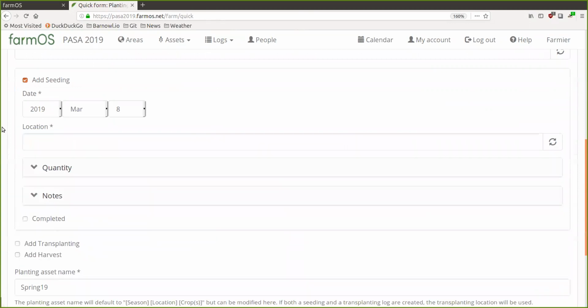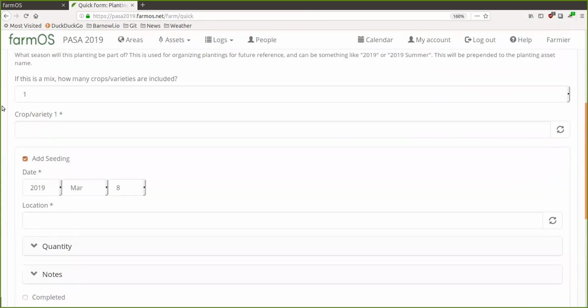What FarmOS doesn't do right now is provide a calculator to tell you when you should be planting things. So I still think there is value in having a spreadsheet for that kind of thing, or whatever tool you might be using to determine when you're going to be doing stuff like that. But then once you actually do it, you can put it into FarmOS so that it's stored as an archive. Because that's one thing a spreadsheet doesn't necessarily do, is keep track of what you did or didn't do. I mean, you could add a column for that, but